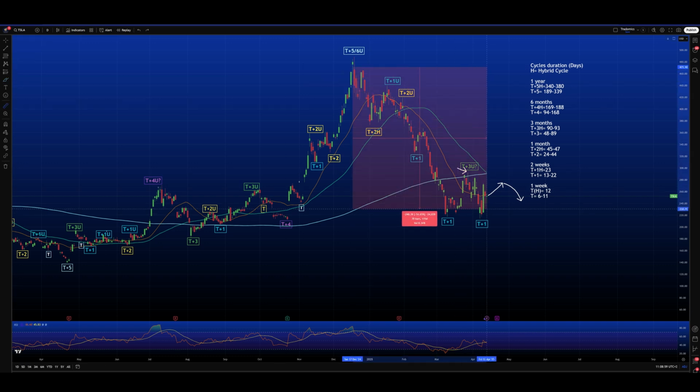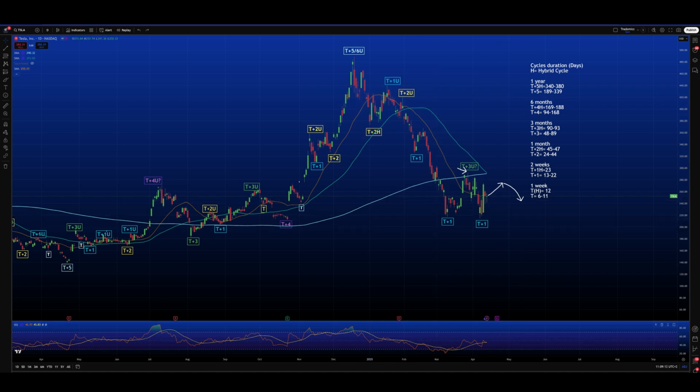Okay, this is potentially the T+3, but of course we still have time. Let's see whether this is the case. Yes, we have 78 bars. We can prolong the duration of the T+3 with a hook to the upside until 89 bars, so 29 of April 2025. So eventually with the earnings release, we might have also the hook to the upside that will close the T+3, and then boom, a return to the downside. But this is something that we have to see on the way through.